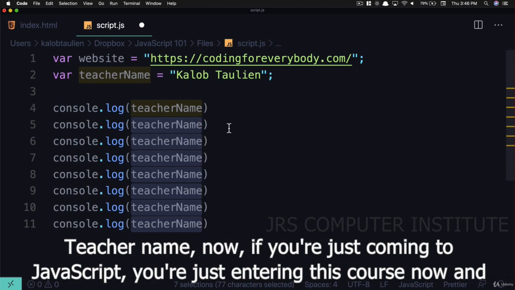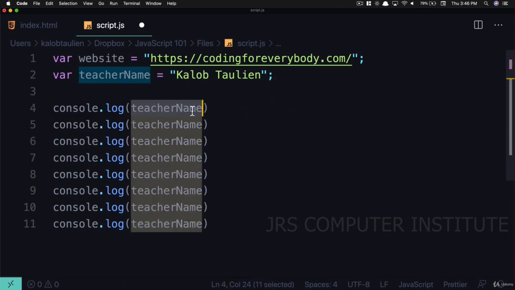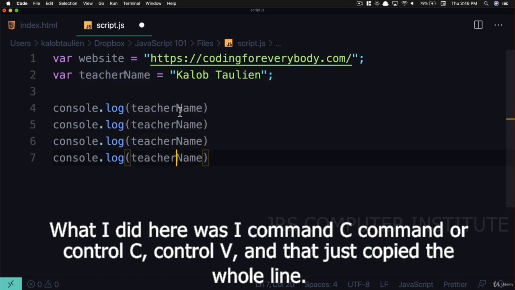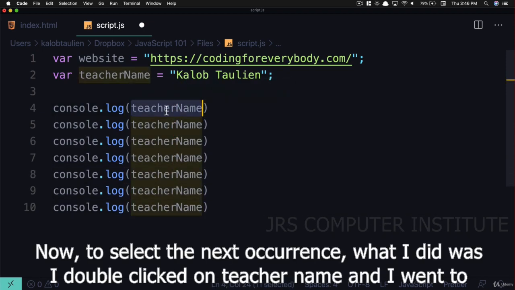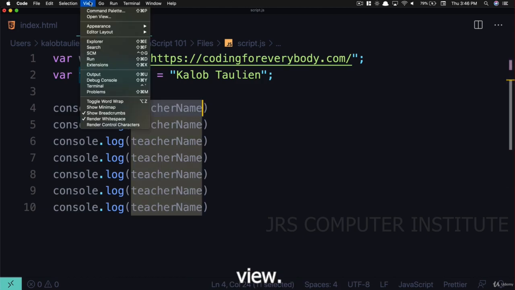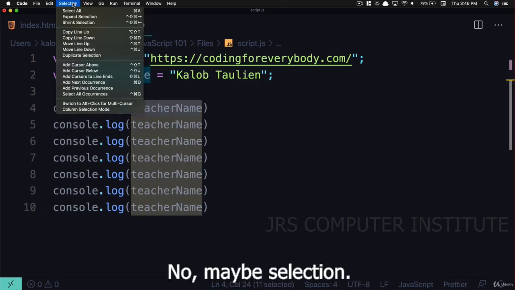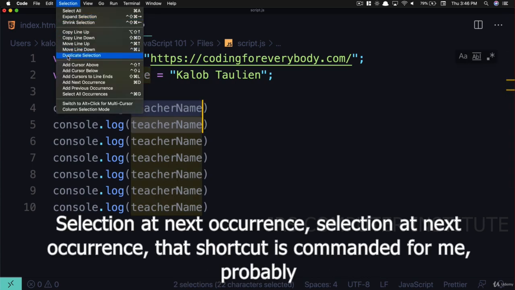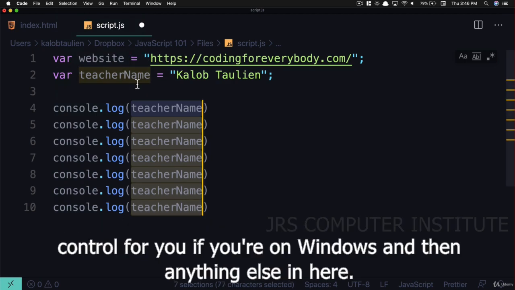Now, if you're just coming to JavaScript, you're just entering this course now, and you just saw me do a bunch of wizardry, first of all, let's go ahead and delete these lines. What I did here was I Command C, Command V, or Control C, Control V, and that just copied the whole line. Now to select the next occurrence, what I did was I double-clicked on teacher name, and I went to View. Nope, maybe Selection. Add next occurrence. That shortcut is Command D for me, probably Control D for you if you're on Windows,